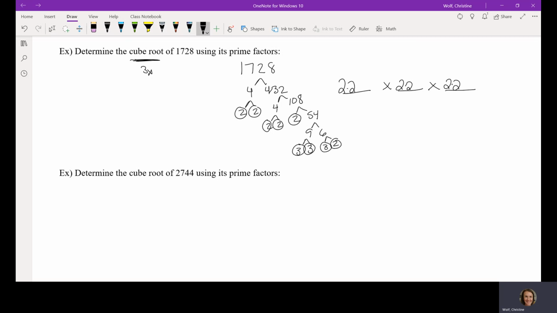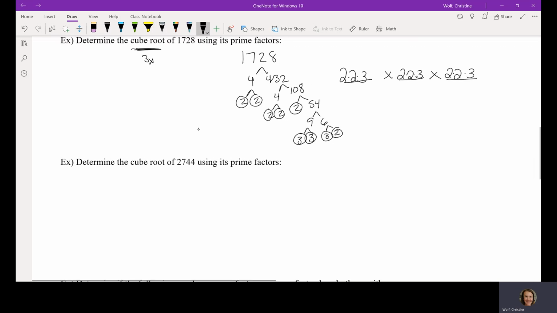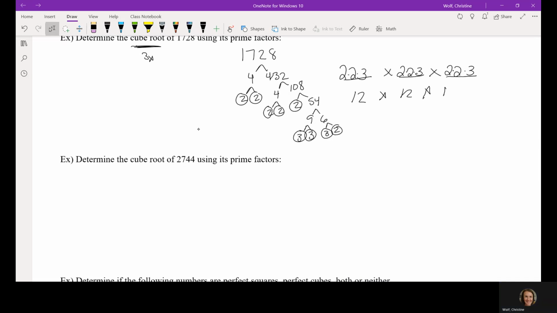Next is the 3s. I have 3 3s. So that's easy. 1 to each. So 2 times 2 times 3, you guys, is 12. So I'm essentially saying that 12 times 12 times 12